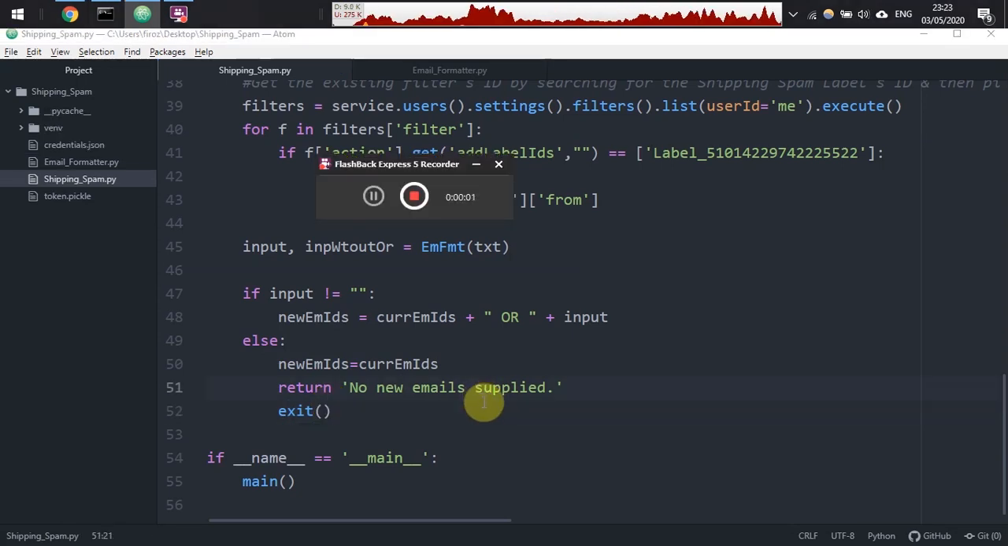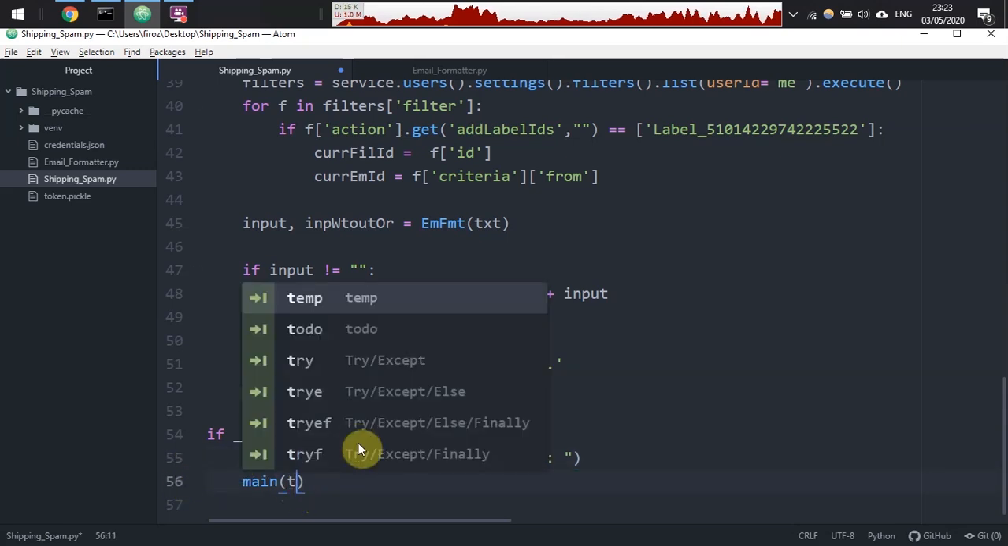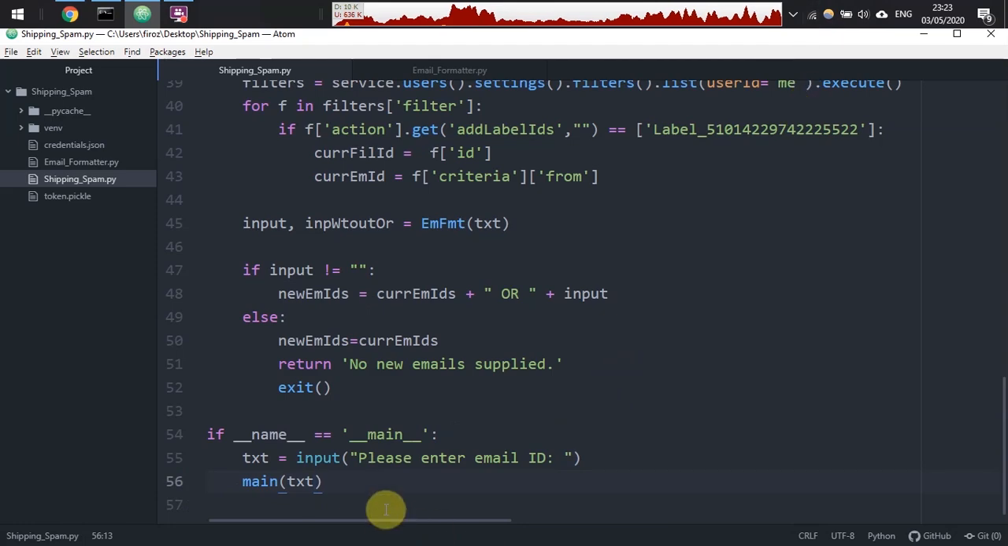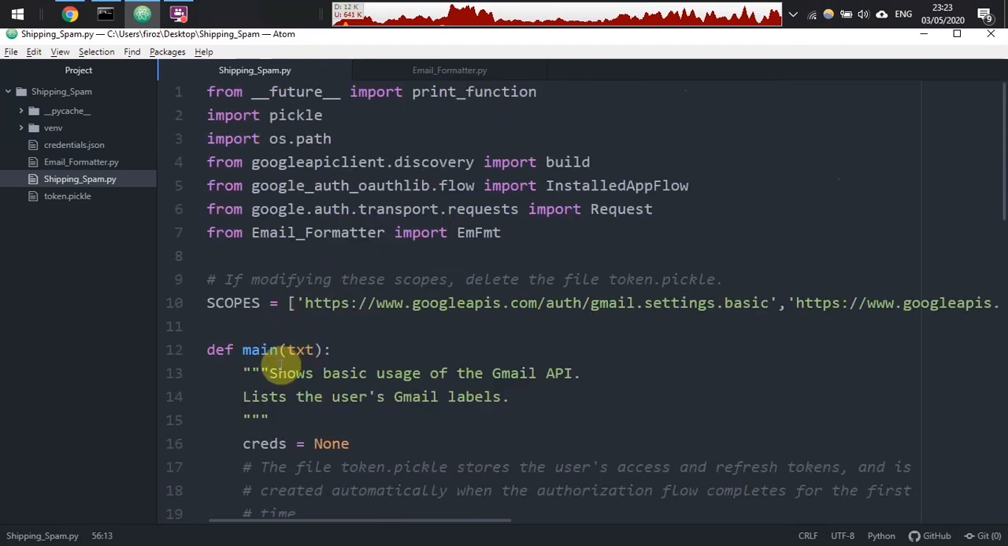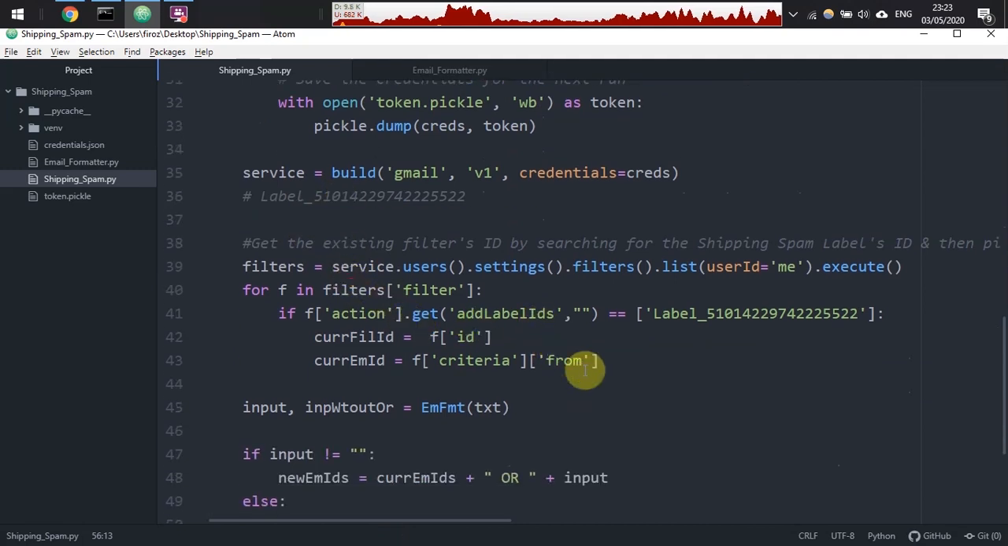Okay, so now before moving forward, let us just test if the code is running properly. What we'll do is we'll give here a text variable: Please enter email ID. So whatever input is there will go into text, and we'll send the txt variable. It will come here, it gets passed in here. We come down here, and